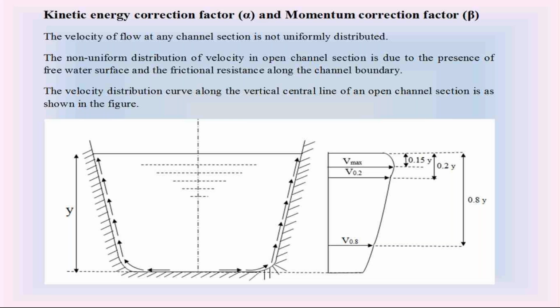Similarly, in the linear momentum also, the linear momentum of a moving body is equal to mass of the body into velocity of the body, m into v. In that equation also, v is the uniform velocity of the body. So whenever we are calculating either the kinetic energy or the linear momentum of a moving body, we must consider the mass of the body and also the uniform velocity of the body.